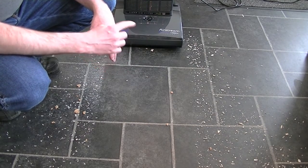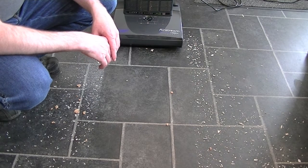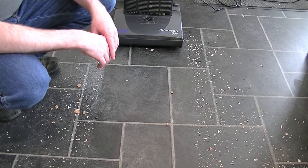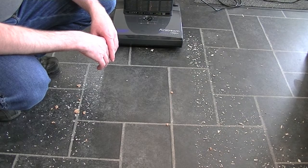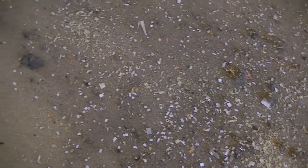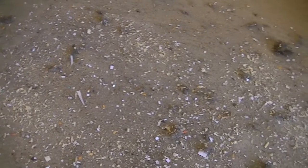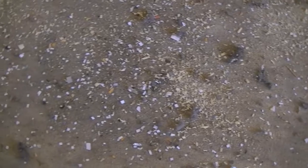Right then, I'm going to get my bag of filth out in the living room and spread my muck, and we'll see if the Electrolux Airstream fares any better on carpets. So, here is all the muck on the carpet. Basically everything that has been picked up by various vacuum cleaners over the last few months has been kept in